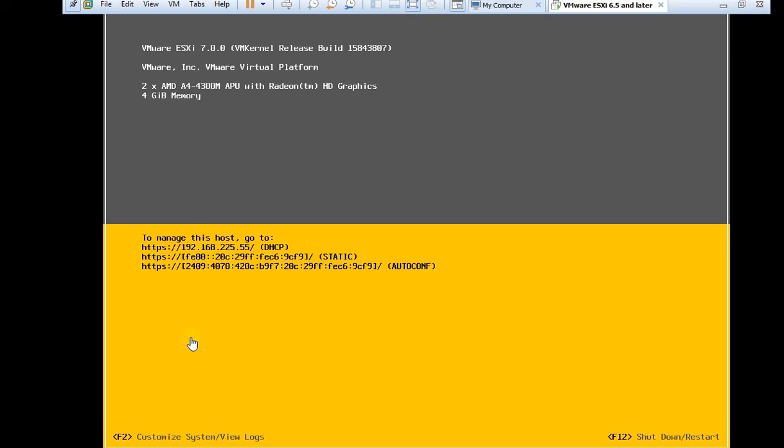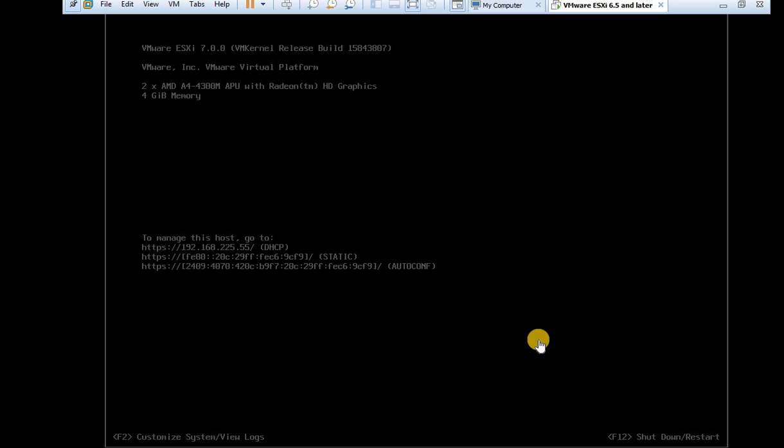To manage this host, go to 192.168.255.55. Actually, how it configures, I have given automatic settings. How to log in, now I'm going to show you.